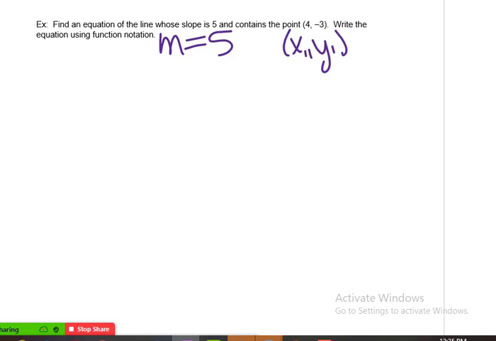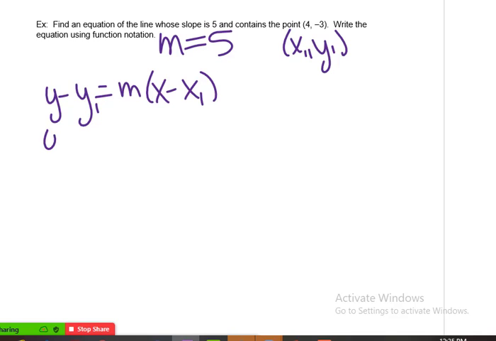Now, point slope form looks like this. It's y minus y1 is equal to m times x minus x1. Okay? Now I'm just going to put the information in and then solve for y, and I will have a linear equation. So y minus y1, and y1 is this -3, is equal to m, which is 5, times x minus x1, and my x is the 4. Okay, I have a nice equation,